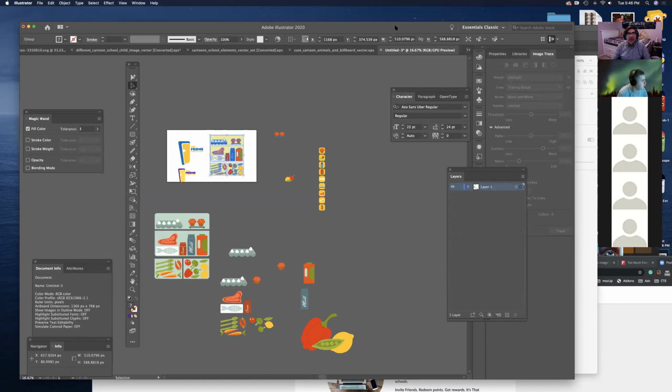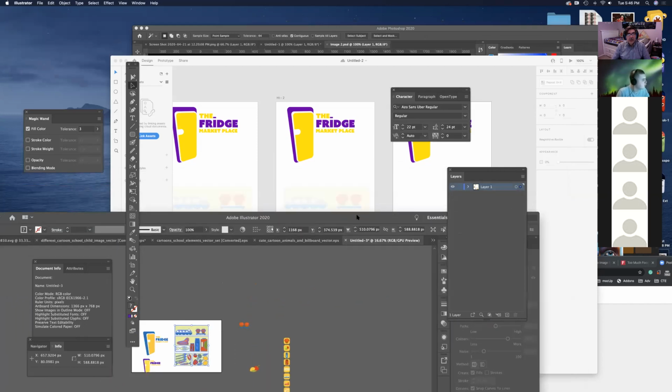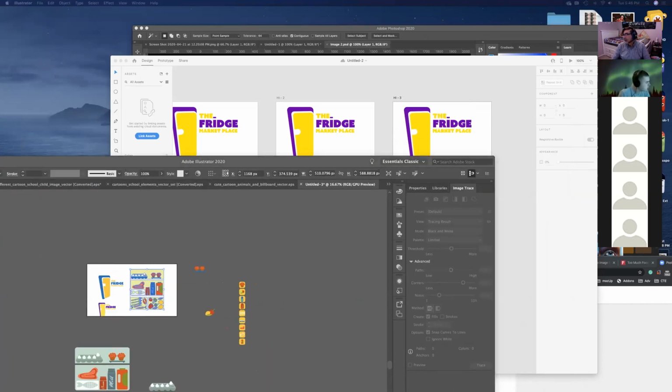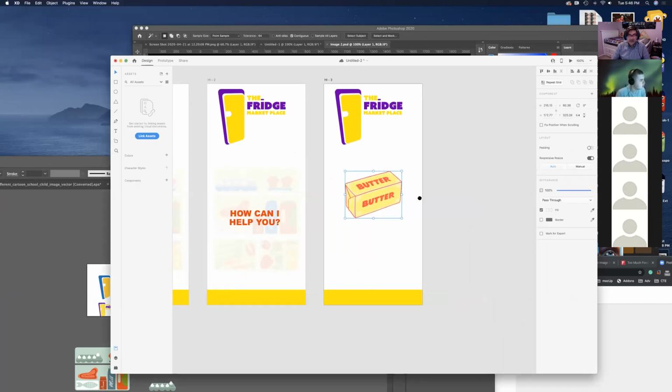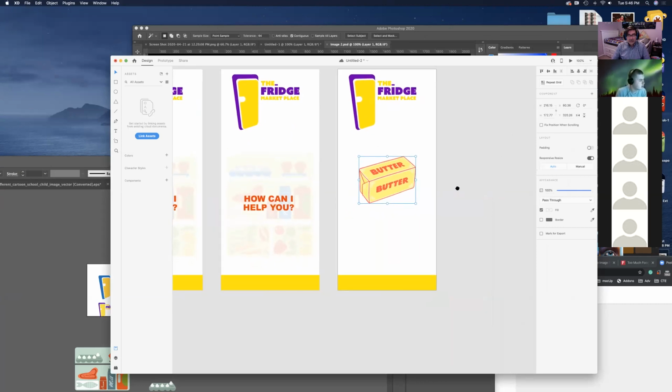I might have deleted that. So I'm just going to borrow it from the project over here. All right. So here's the picture of the butter. Okay, so